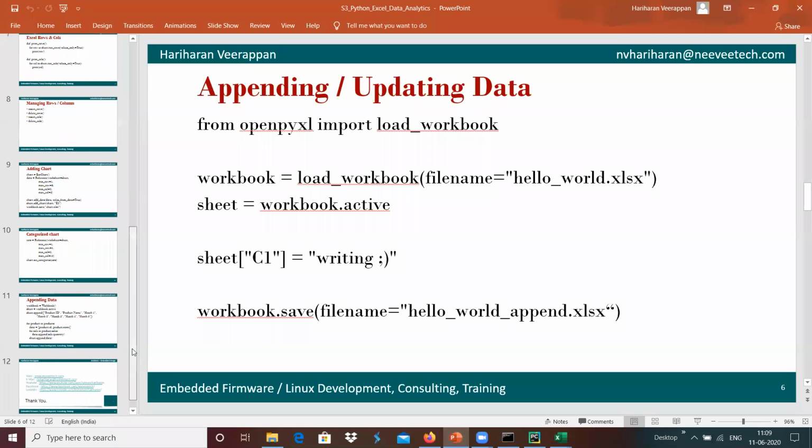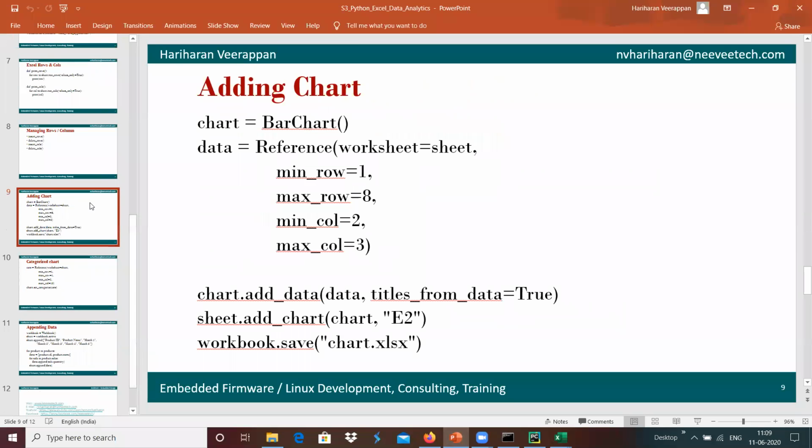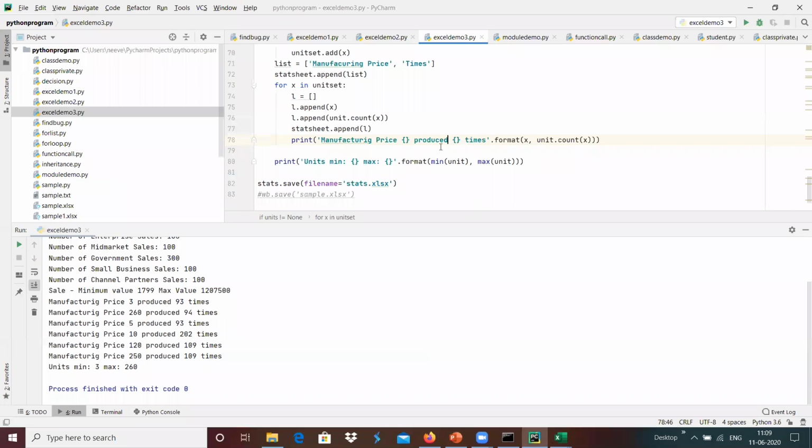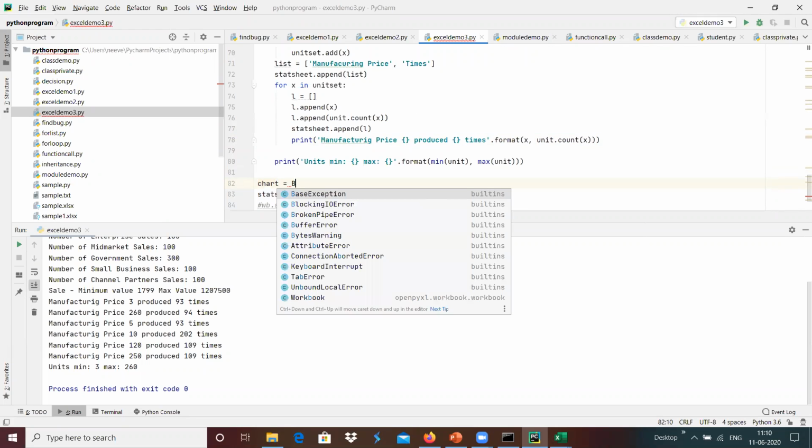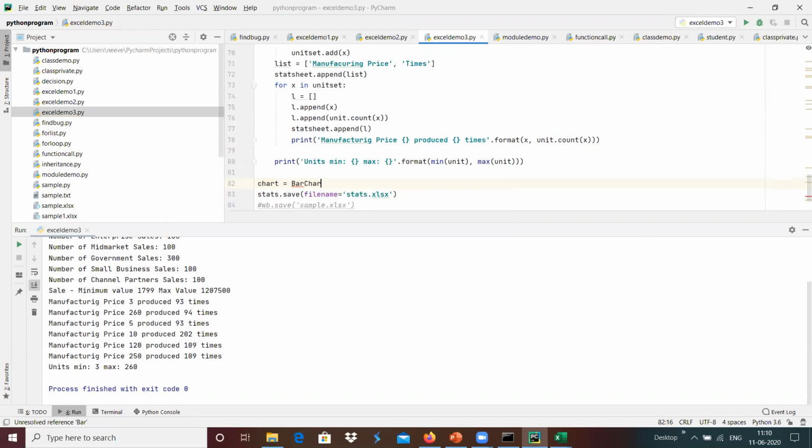The chart we will use takes the information that we will be providing, and we have the option of the bar chart, which is the one that we can use over here. After updating that, we will have that information, and for example we have chart equals bar chart over here.